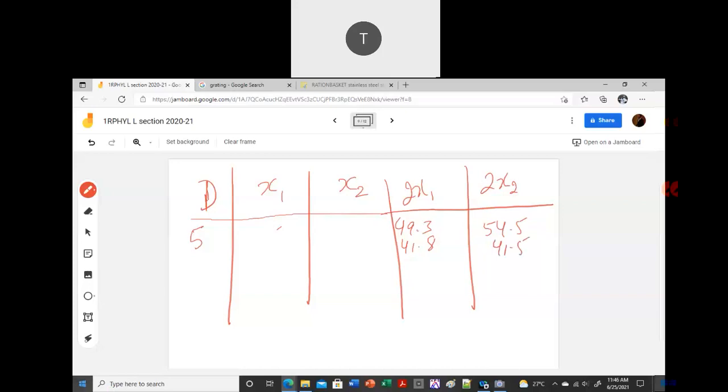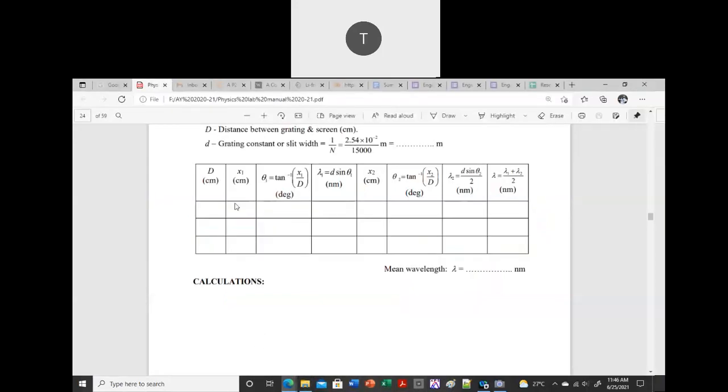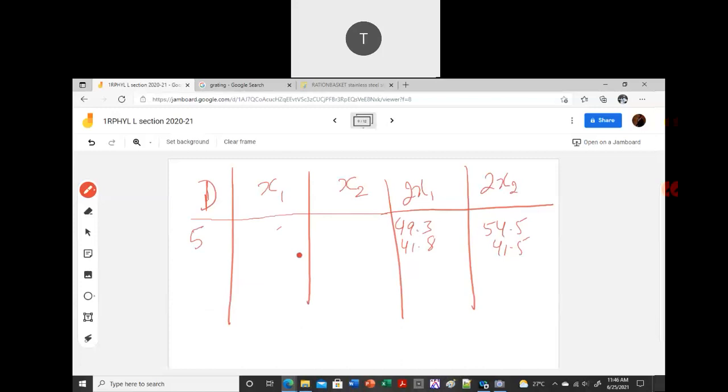I'm going to send you these values. What you're supposed to do is find theta 1, theta 2, and then find the values for your lambda. You can use the tabular column. I will send you the x1, x2 for different values, and you have to find the corresponding lambda 1, lambda 2. I will do it for maybe 10 and 50, and I will send you the values later.